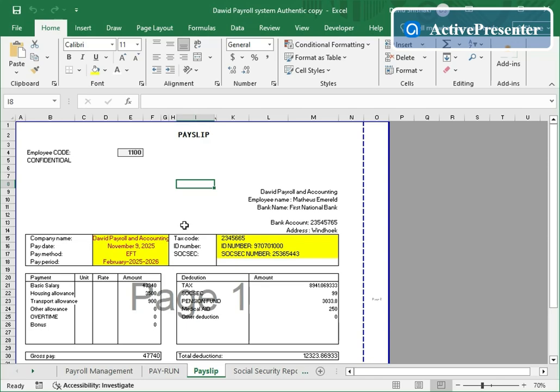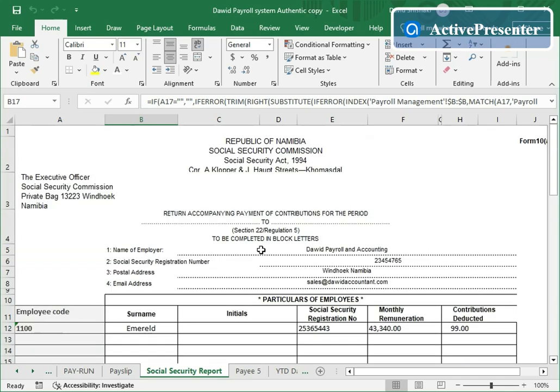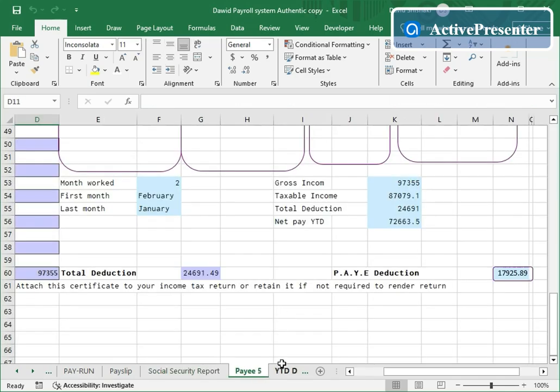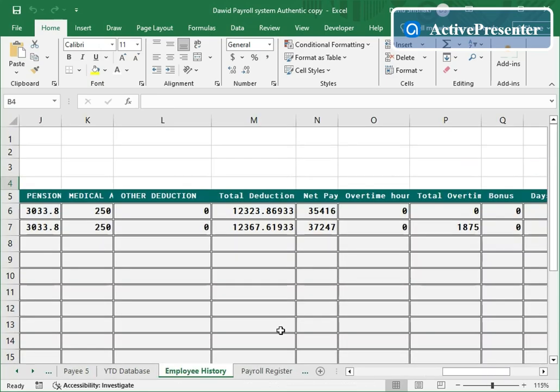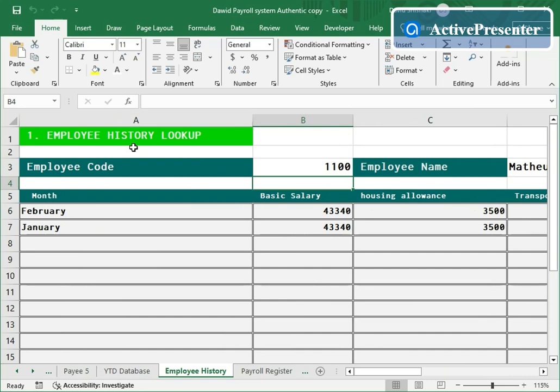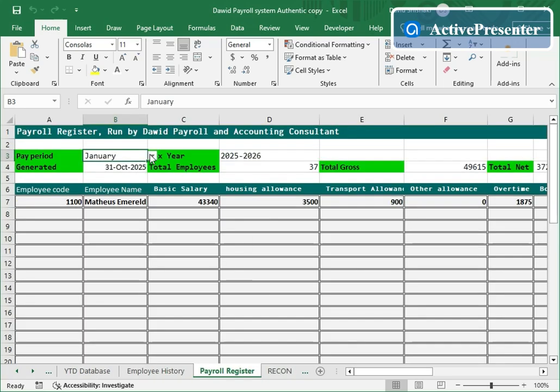Then we move on to our payslip to give us the payslip for February. Then you fill in your return form also. As you can see from the employee history lookup, since this person also got paid in February, the person's payment for February is also showing here. And then if you move on to the payroll register, then you select February. You can also see that this shows employees that were paid in February,